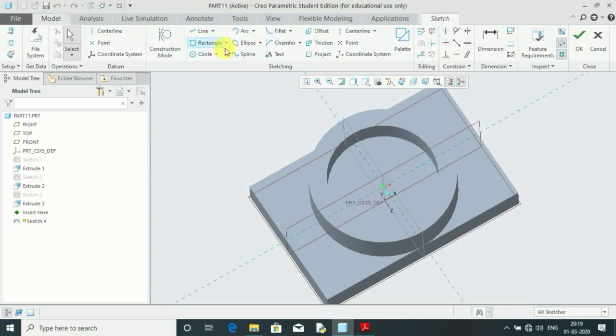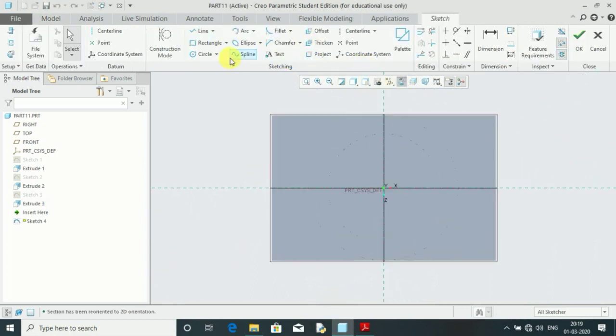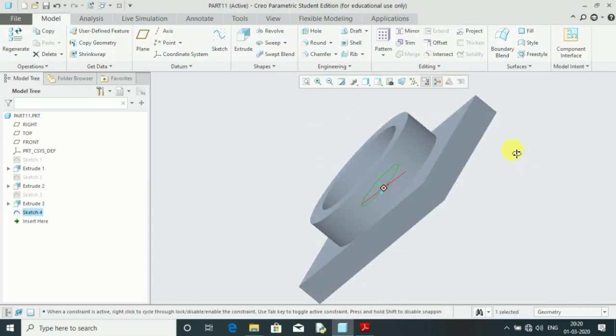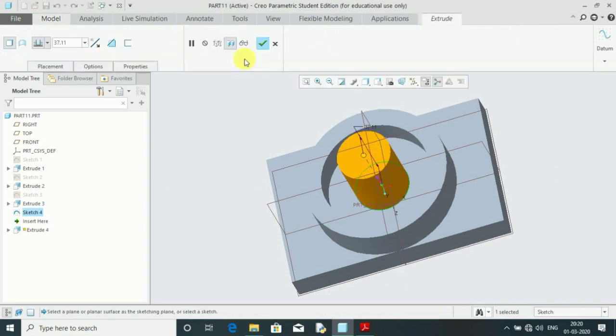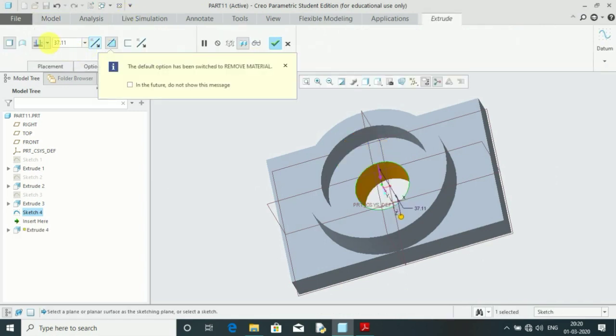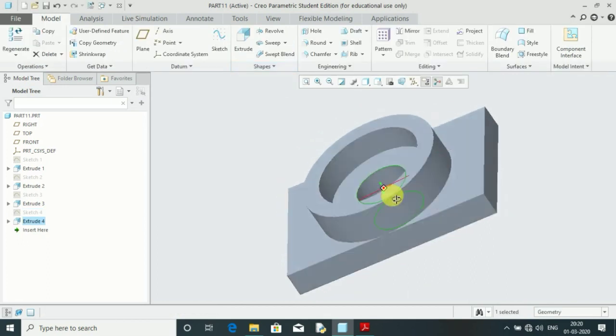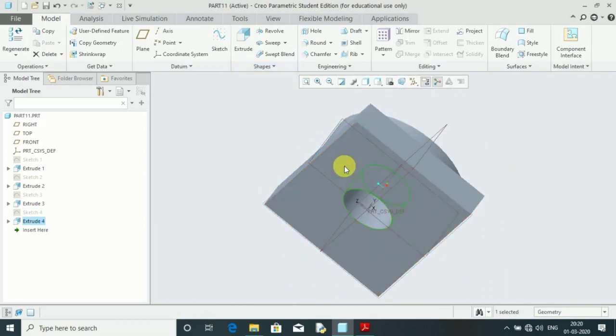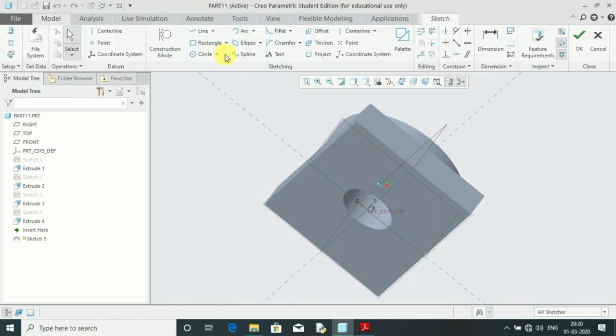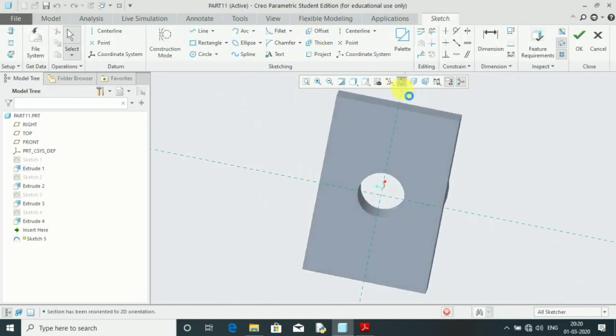Go for sketch. We'll go for the sketch view and then the circle. We'll select the center and change the dimension as 30. And I will have to extrude it. As it is a through hole, we'll have to go for material removal and this option, which is the option for through hole. Now the hole has been made. Now we need to sketch on this bottom plane, and what we need to draw is this